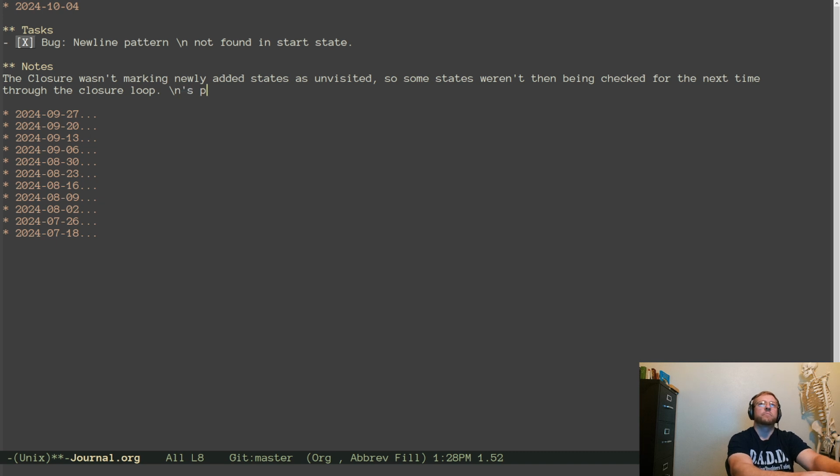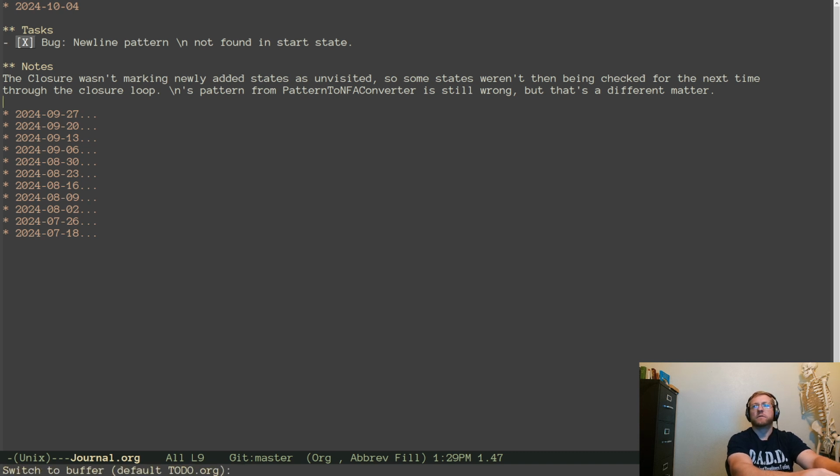Backslash ends pattern from pattern to NFA converter is still wrong. That's a different matter.